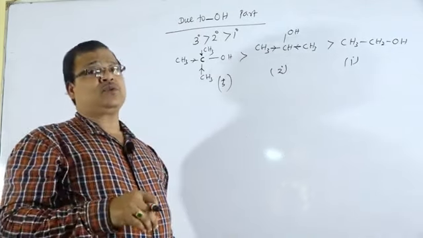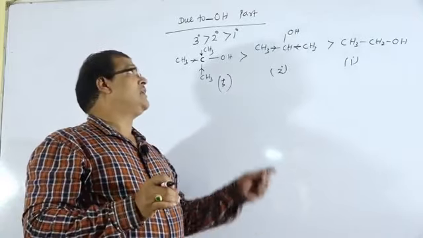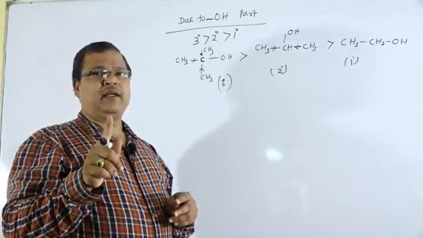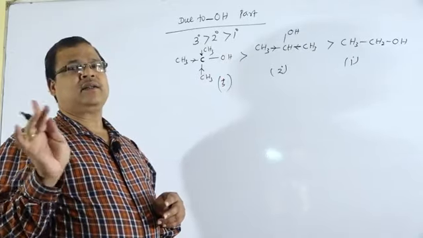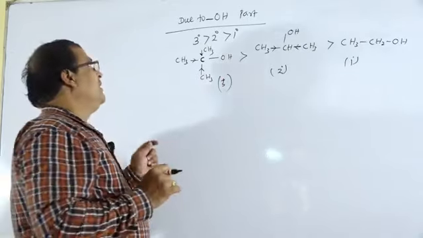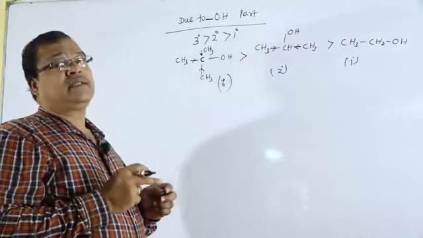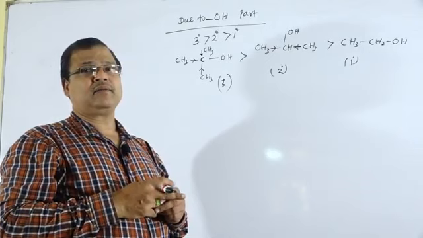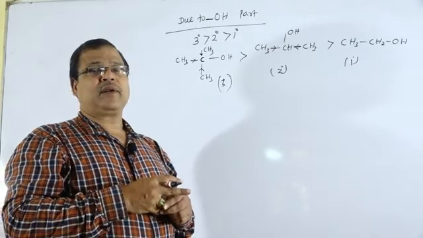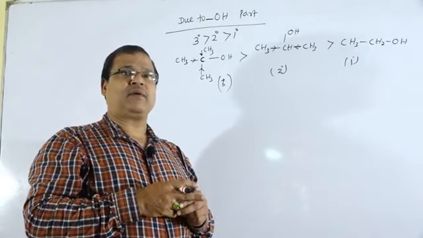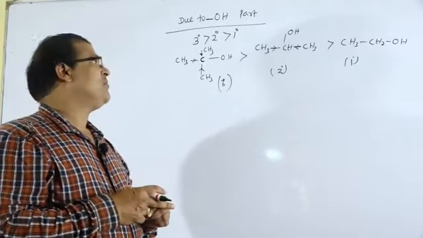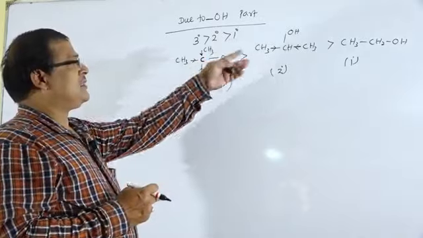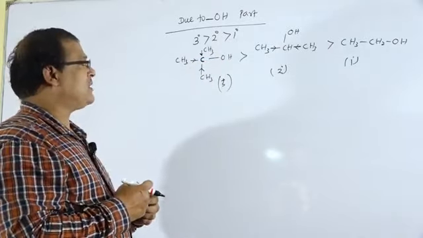But in the first case that we discussed, the cleavage of the oxygen-hydrogen bond, the trend is reversed: primary greater than secondary greater than tertiary. Therefore, in that case, primary alcohols have more esterification power as compared to secondary and tertiary. So, for the reaction due to the OH part, this is the trend of cleavage of the carbon-oxygen bond.